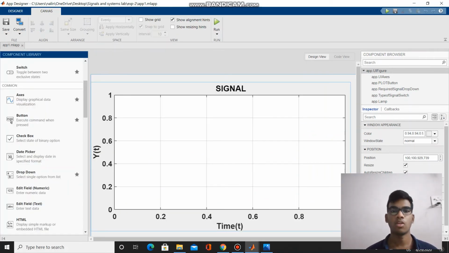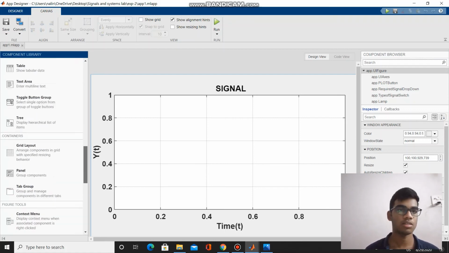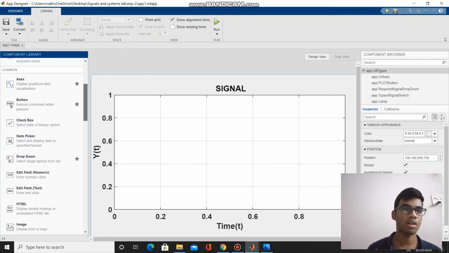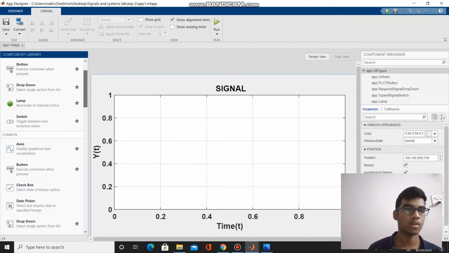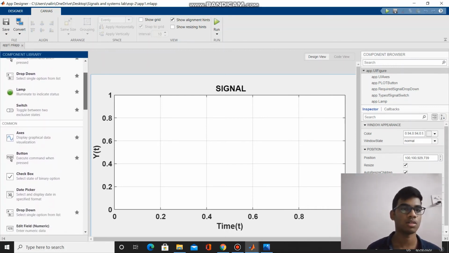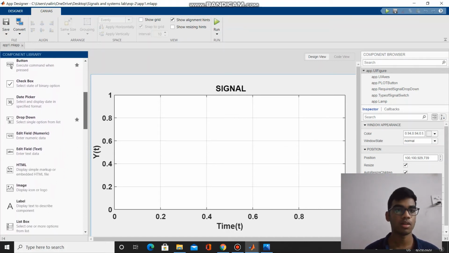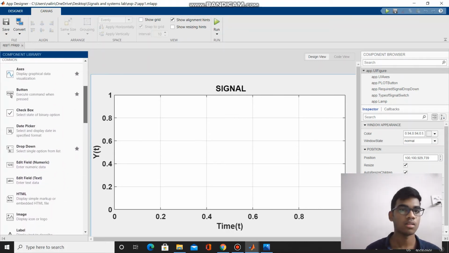In designer view, we have component library where we get the components. Using these components, we can make our design of GUI. We have many components in the component library. As you can see, this is the component library which lies towards the left of the screen. We have axes, push button, drop down, lamp and etc. These components will be very useful in designing the GUI.